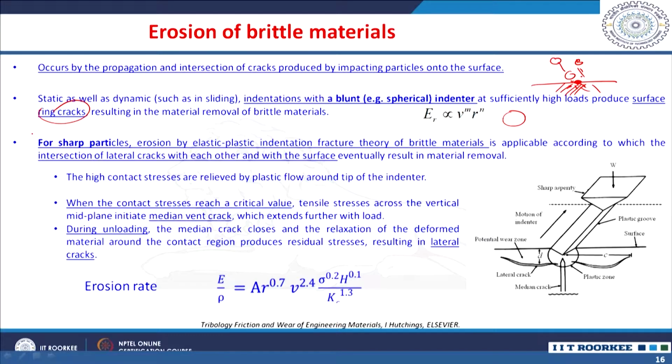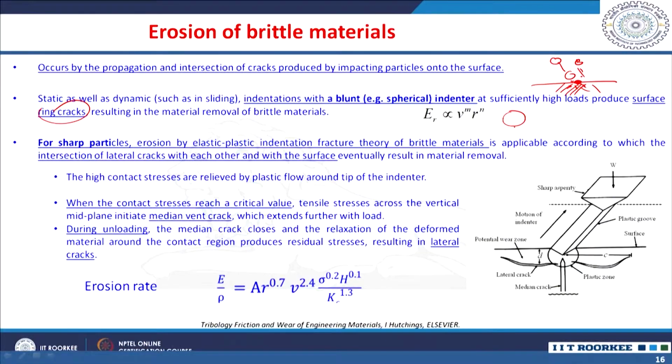In other classes we will also understand that there are mainly two types of cracking developed in brittle materials. One is the ring cracks or conical cracks, and the second is lateral fracture or radial median lateral fracture. Radial median lateral fracture is generally developed by sharp indenters, whereas surface ring cracks or conical cracks are developed by the blunt indenter. So, we will have less concentration of loads.